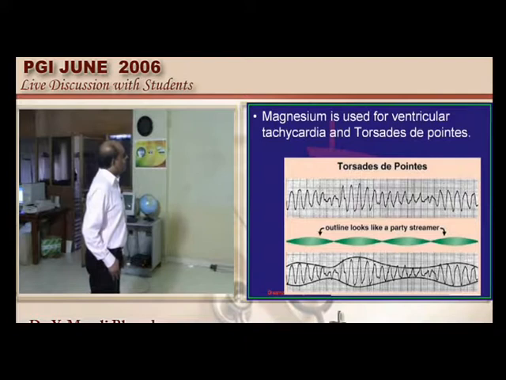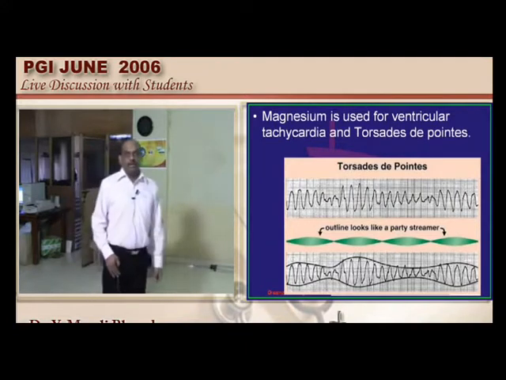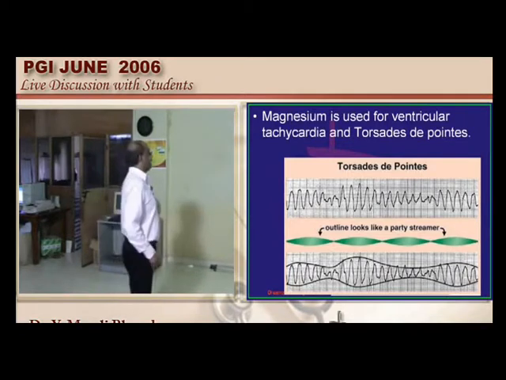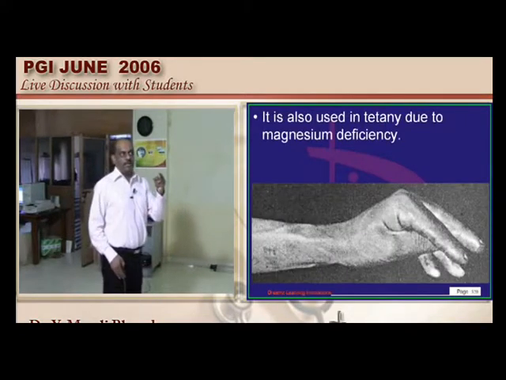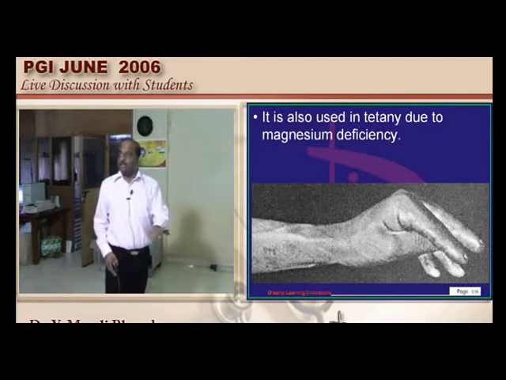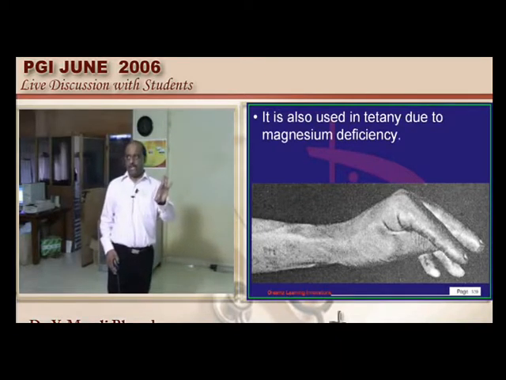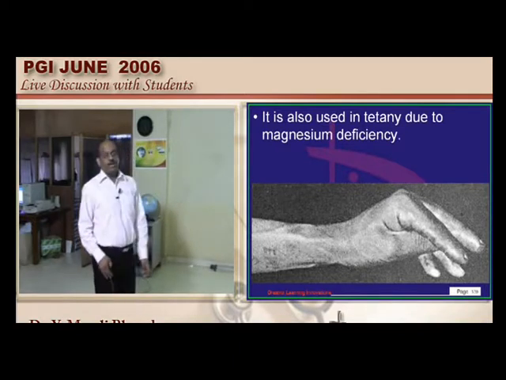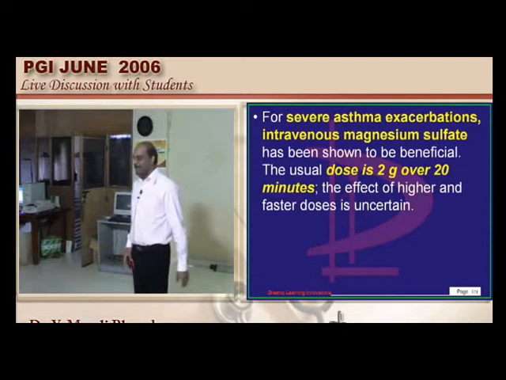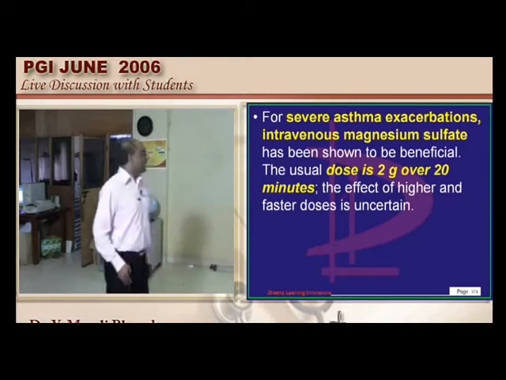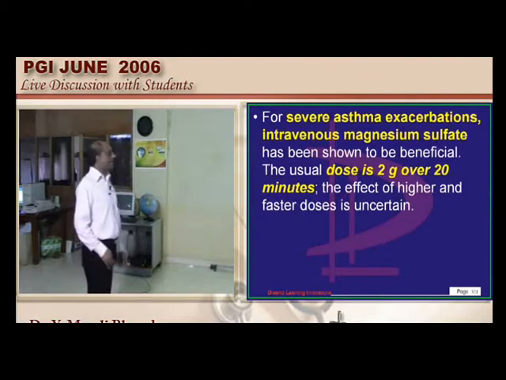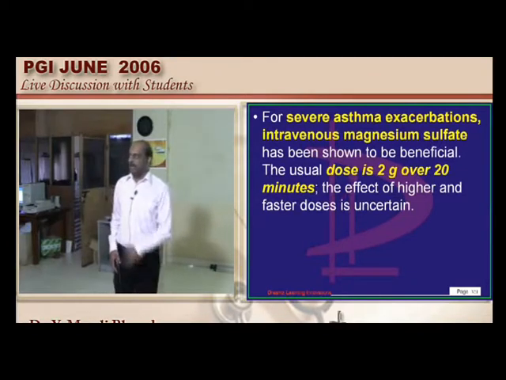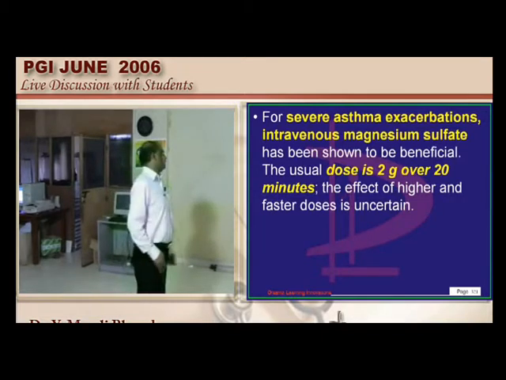And what is the main complication of this kind of torsade de Pointes, doctor? Any point of time this can become a VF, that's the reason we have to be very careful. And also in tetany, which can occur because of hypocalcemia, sometimes even hypomagnesemic tetany is also there. Even there also we use magnesium is what needs to be remembered. Now is there any role in asthma? Very much. Typically in acute asthmatic exacerbations, intravenous magnesium sulfate in a dose of around 2 grams over 20 minutes is the one being administered is what I like to underscore.